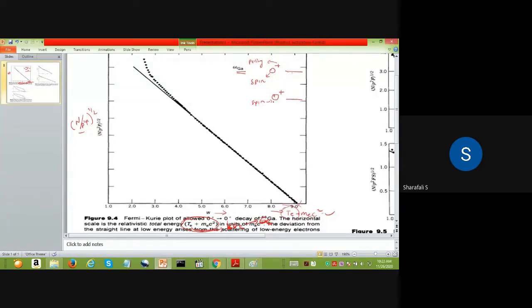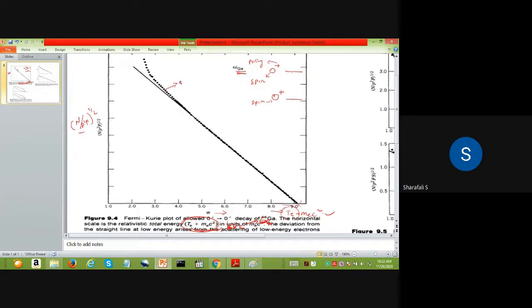Okay, so then we will be having beta emission, and for this particular gamma radiation, if you consider the Fermi Curie plot, then we can have this straight